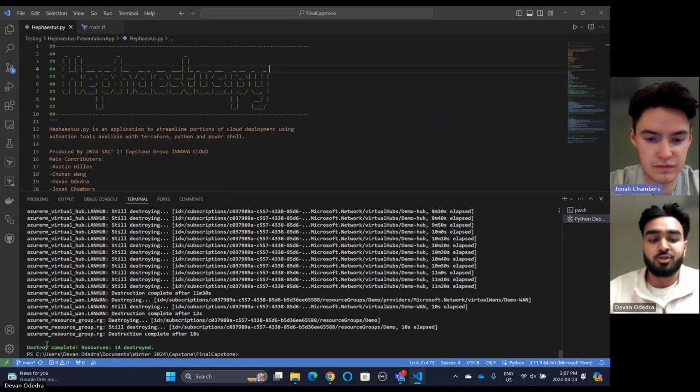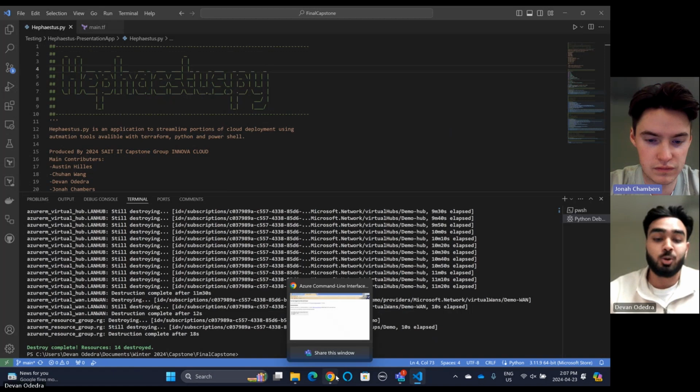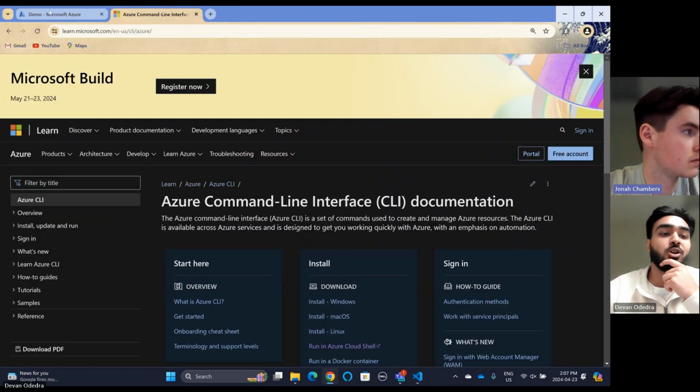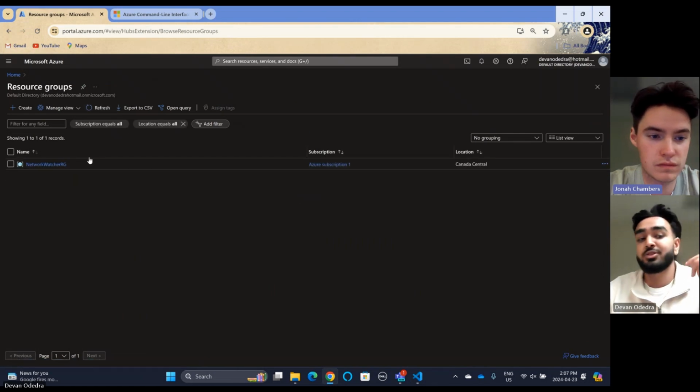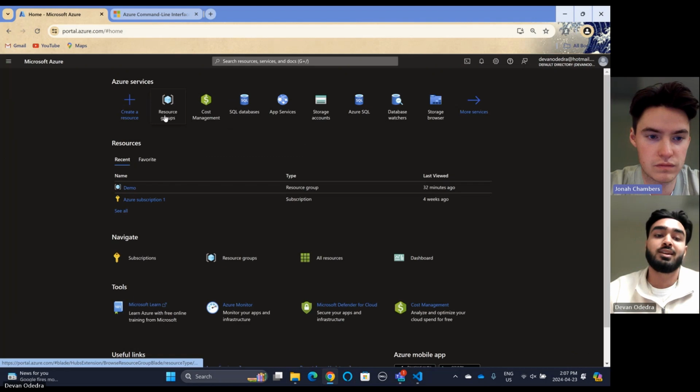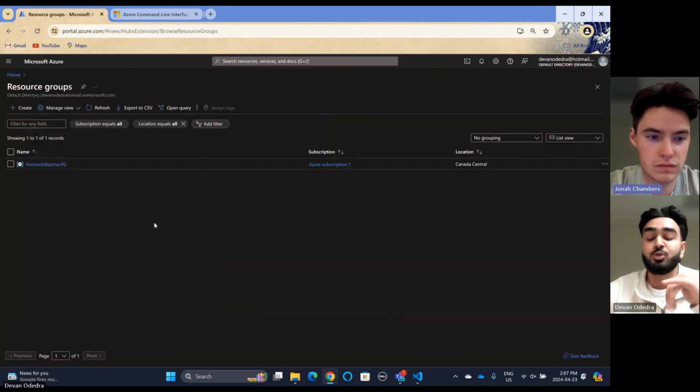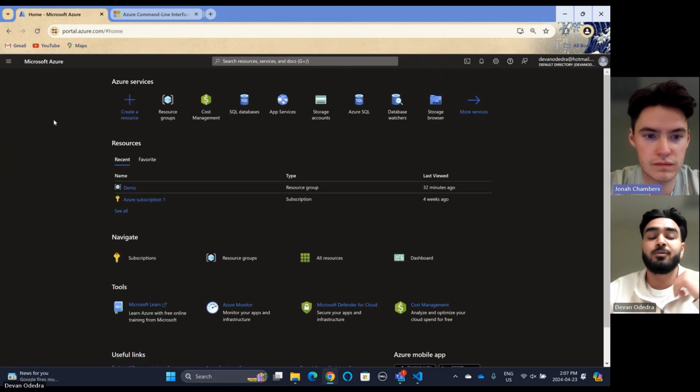As you can see in our terminal, it did successfully destroy all 14 things that it showed it was going to. Now I will go into Azure and demonstrate that it was actually destroyed. As you can see, the whole resource group is destroyed, as well as anything that was attached to that resource group. That was the virtual WAN, the VM, and everything else attached to it. So the destroy function was